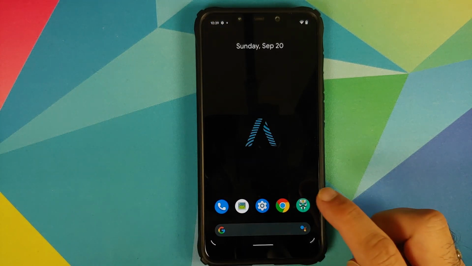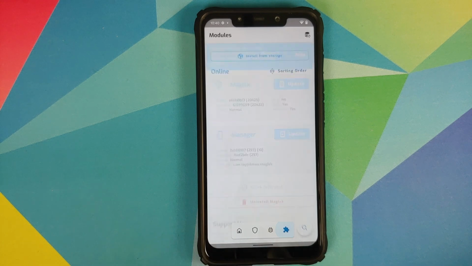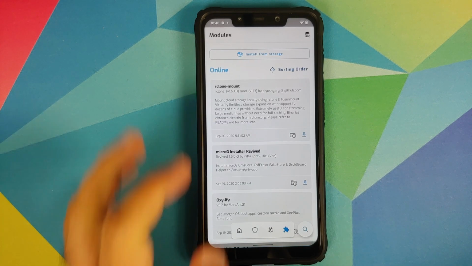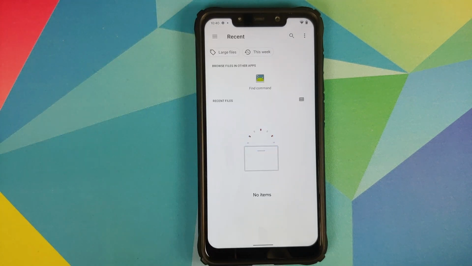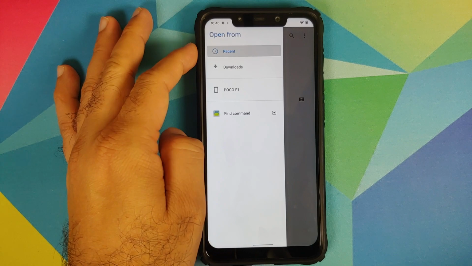Next thing we're going to do is we will open Magisk Manager, and then you need to tap on the fourth option from the bottom. It is going to take you to modules. Select install from storage, three-dot menu on the top right, and you can select show files in case you do not see your files. But other than that, you can tap on the three-bar menu on the top left and